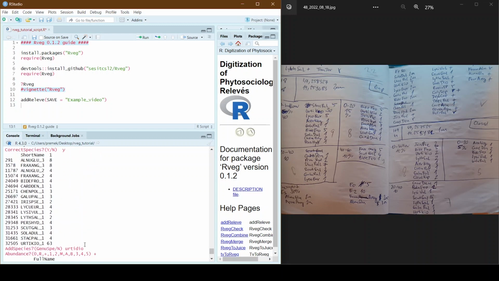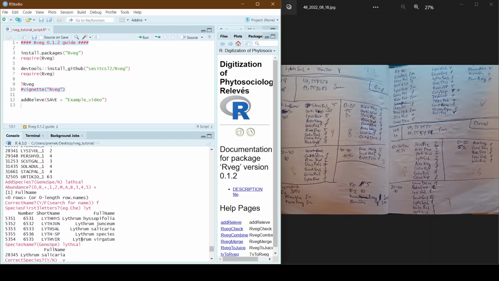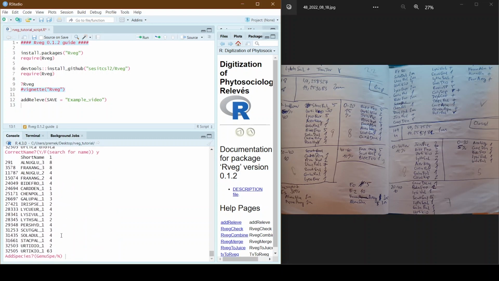So if I scroll back, you see that I was searching for Lythrum, there is also the possibility to insert the Lythrum species, where the code is created by 4 letters of the genus, this symbol, and SP. So theoretically, the Rhodepa species would be Rhod sp, and we see it's correct.